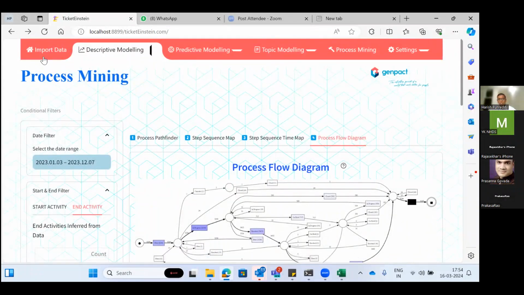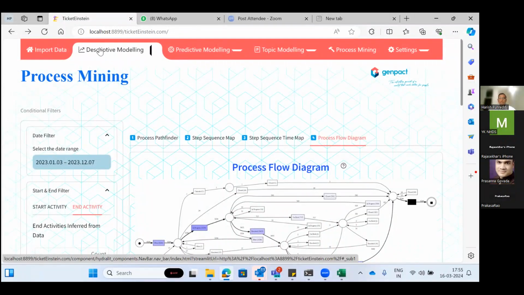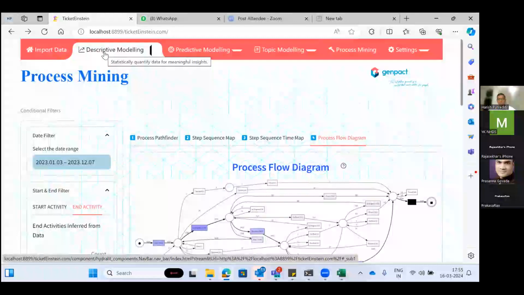Basically, when we are talking about the descriptive kind of thing, where you can do the visualization, we can do it in Excel also. Beautifully, we can do a lot of things in Excel. But here, what we are trying to do is combine text plus categorical data, which in Excel or any other tool is not possible. There could be some paid tools, but we are not talking about that.